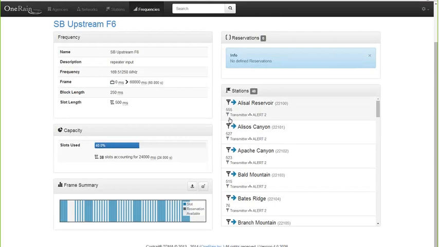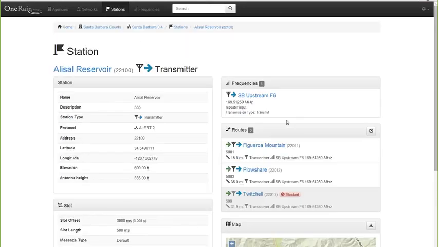You can tell that from the icon. We also write it down here, transmitter. We also provide the protocol. In this case, it's ALERT2, and actually, for this network, they're all going to be ALERT2. So I'm going to click on the station. The other way I could have gotten to this station is up in the navigation bar at the top. If I click stations,